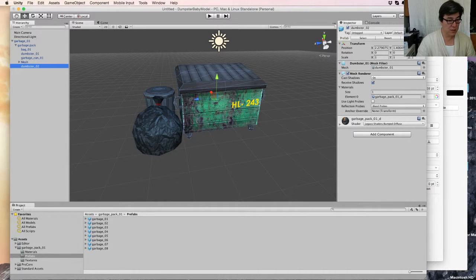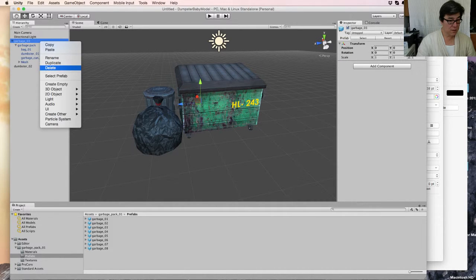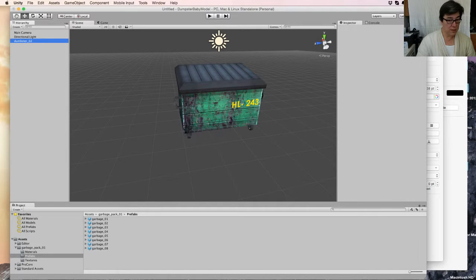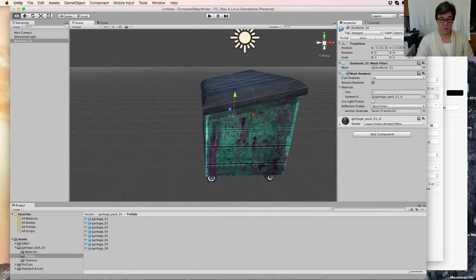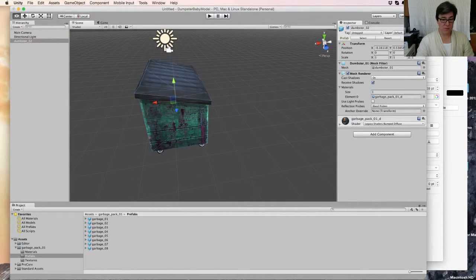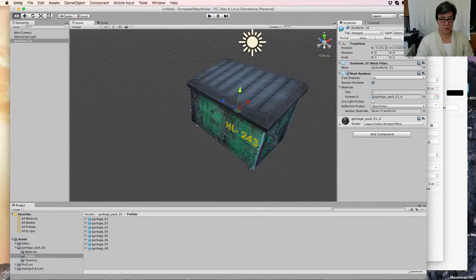Let's duplicate it, drag it off of that thing, delete this, delete all of that. Now there's our dumpster. Okay, there's some problems with it. One, it's got a lid. Two,